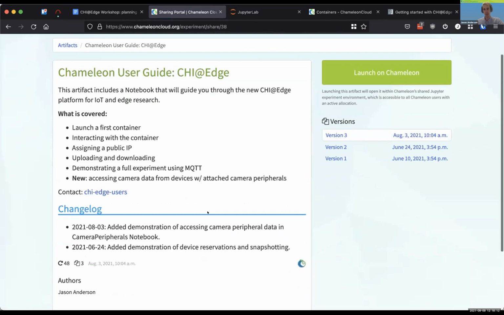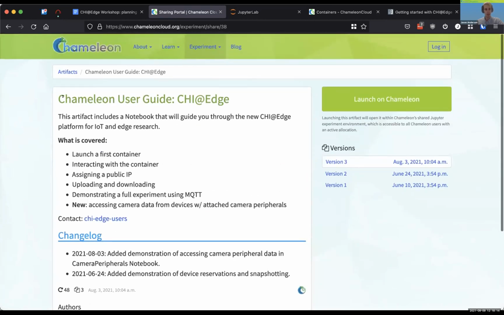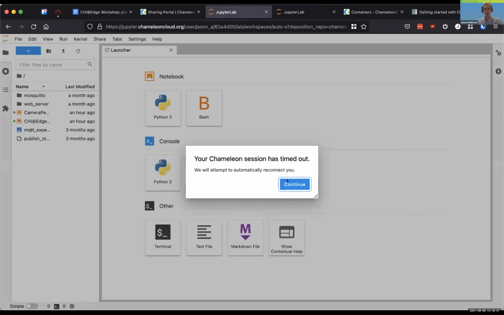And we've prepared several of them. Several of them are maintained by us at Chameleon, and one of them in particular is interesting if you're interested in the Edge platform. That's called Chameleon User Guide CHI@Edge. And you can launch these if you're part of an active Chameleon allocation. And this is going to open up this notebook inside of Chameleon's JupyterHub platform. We actually maintain a